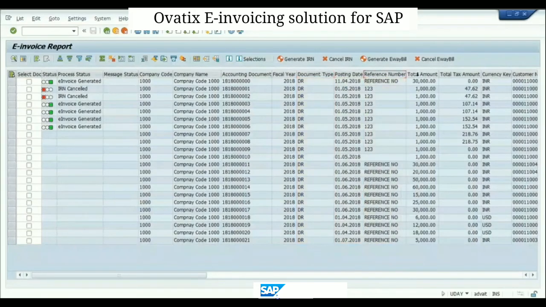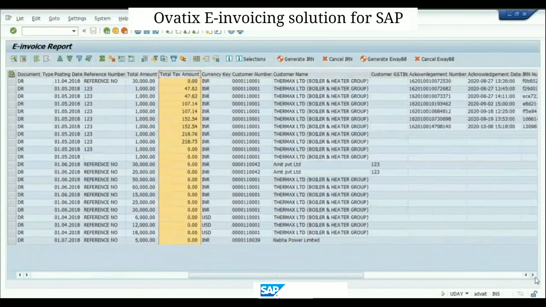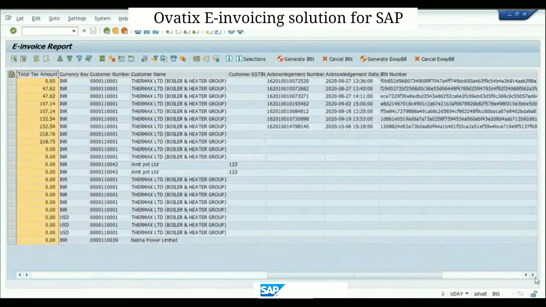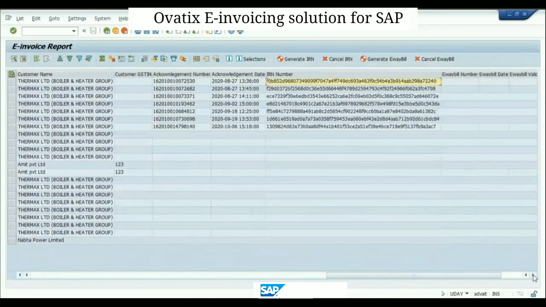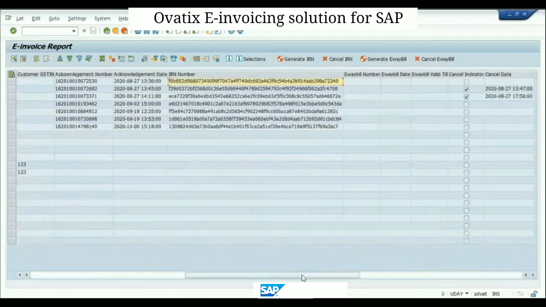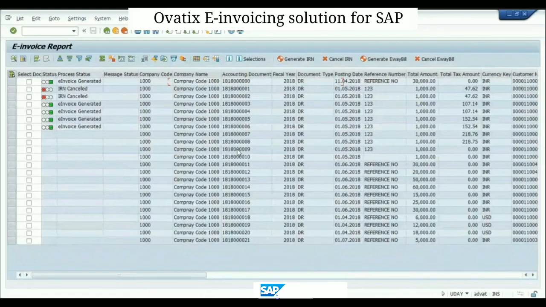In the same way here, we can select the document and click on generate IRN, right? And then you will get the response as acknowledgement number, acknowledgement date, and IRN number. So these details will come here. Now here mostly the e-way bill will not be there because this was our dummy system. So we have created those columns, but for accounting documents mostly the e-way bill will not be there. So for accounting documents the process is the same. Just select the line item for which you want to create, click on generate IRN, and the e-invoice IRN will be generated.